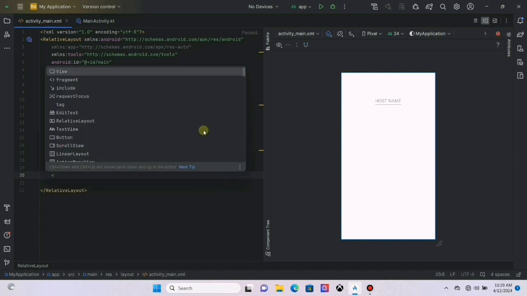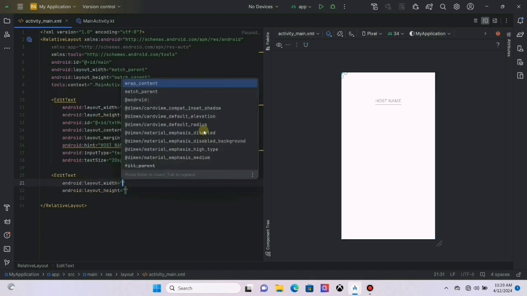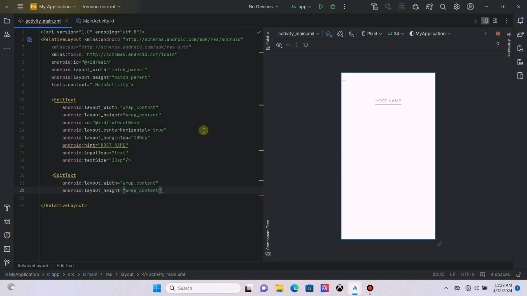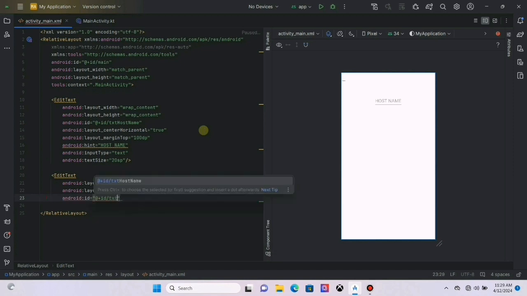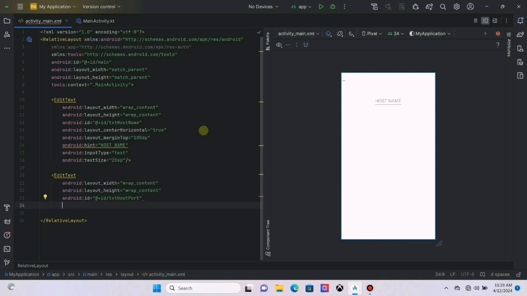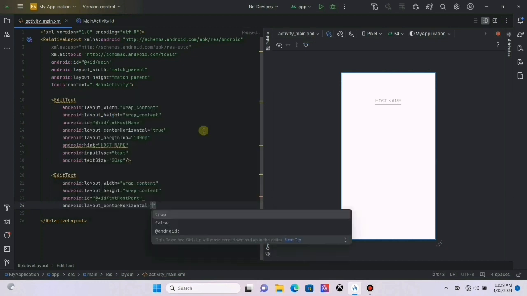Next let's create an edit text element for port. I set the values of layout width and height as wrap content. Next I give an ID for this element. We need to use this ID to access this element through our Kotlin code. I center this element horizontally.